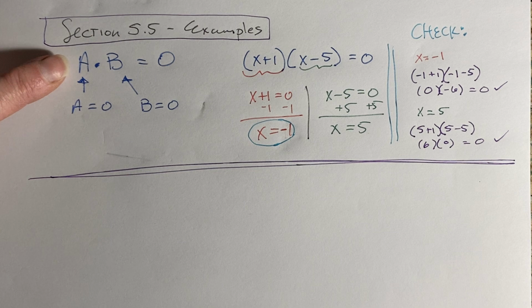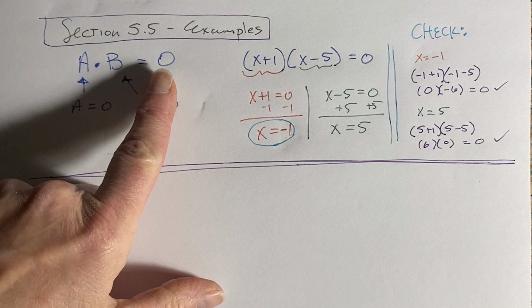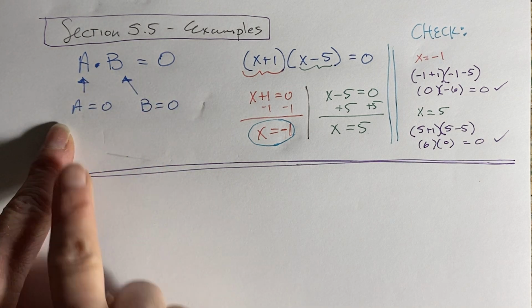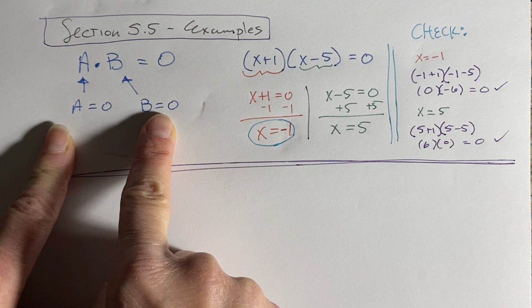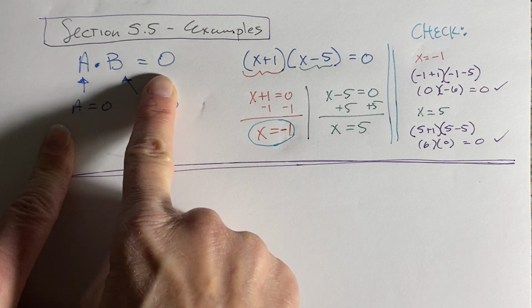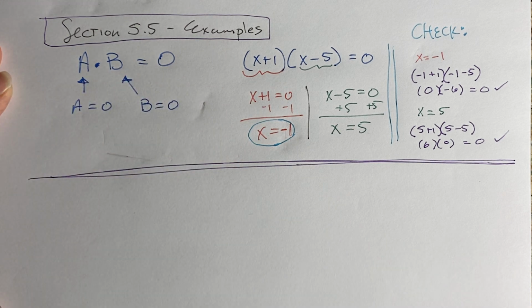The whole idea is that if you have things that are multiplied together, whether it's 2 things or 3 things or 5 things, A times B, and the product is 0, then either A has to equal 0 or B has to equal 0. That only works when the product is 0. So we have to have our